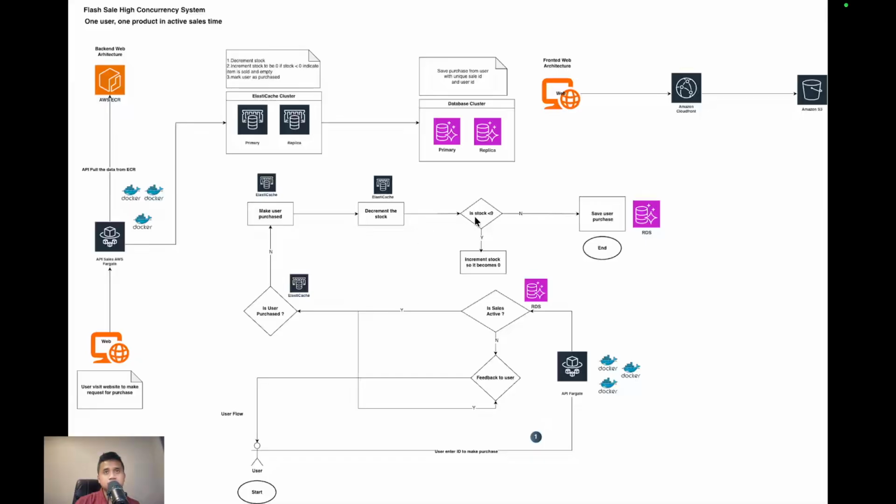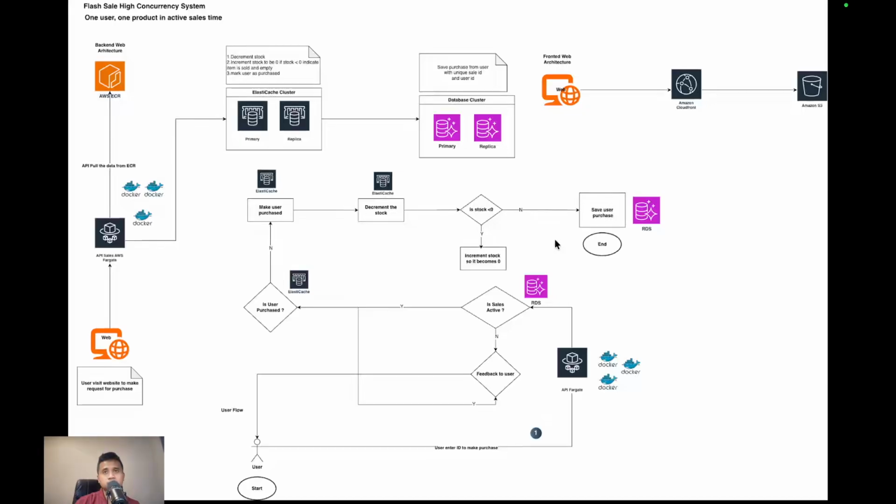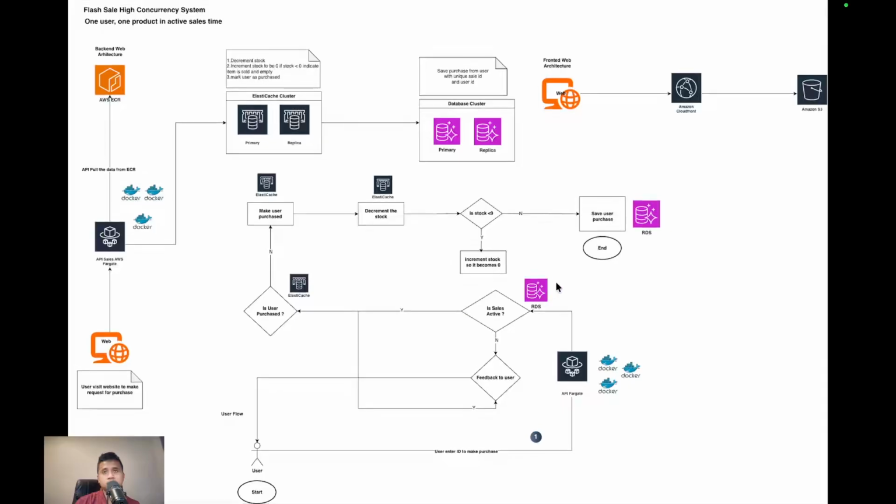If less than 0, it means the stock is oversold, so we need to throw back the feedback to the user. If not, then we can continue to save the purchase from the user. So that's pretty much the basic flow of this flash sale.